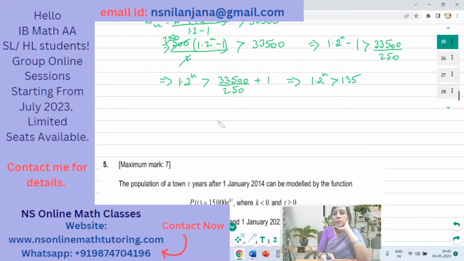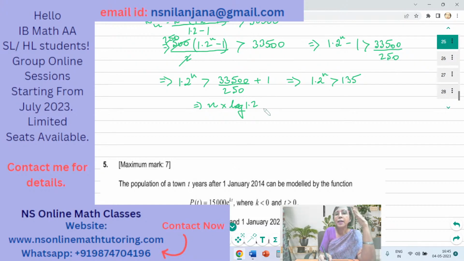I'm taking log to the base 10. So it is n times log of 1.2. Again, I'm saying you can take ln, the natural logarithm, or you can take log to the base 1.2. Okay, anything. But be careful, whatever base you take